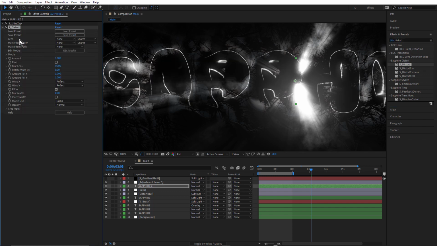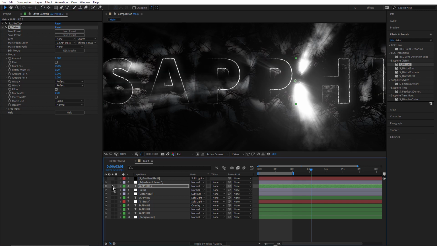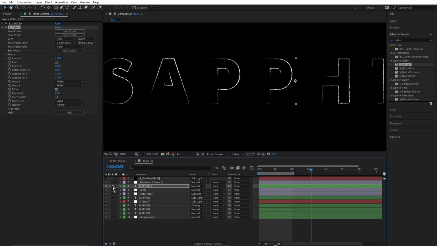So if I choose layer 9 and choose effects and masks, just going to solo that for a moment. And let's see, just crank up some of these values.